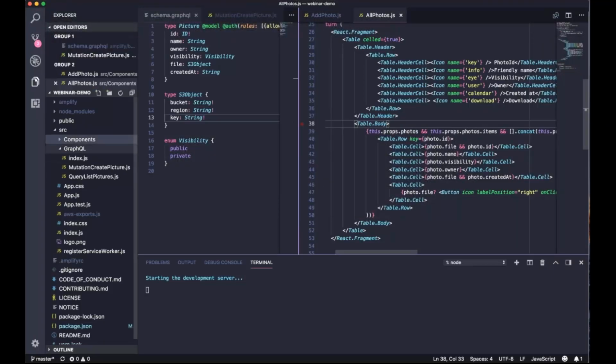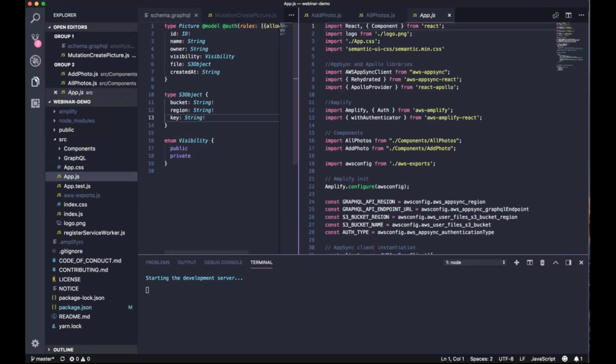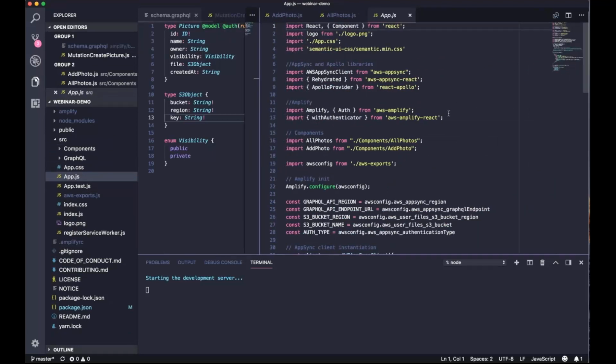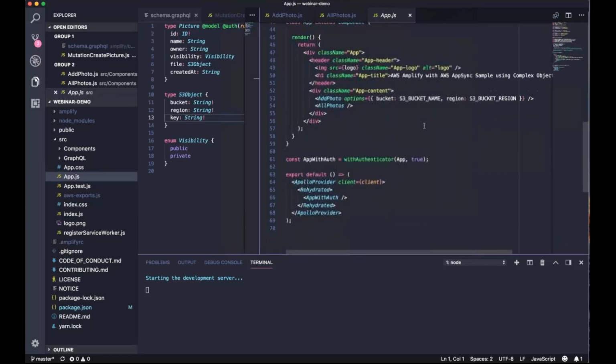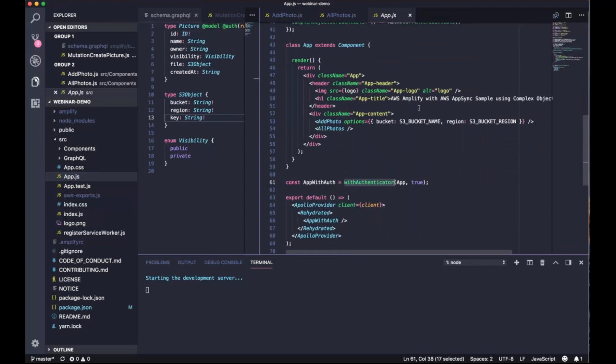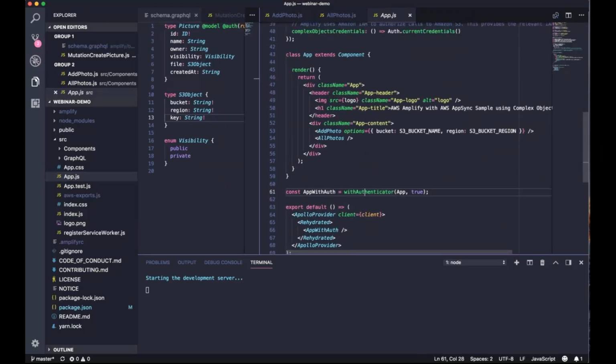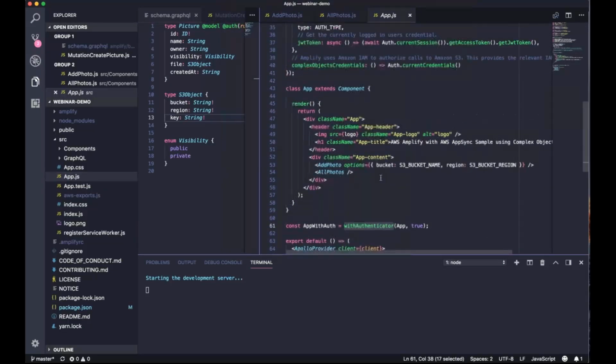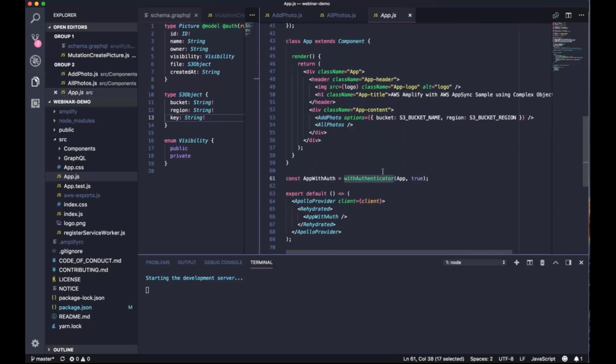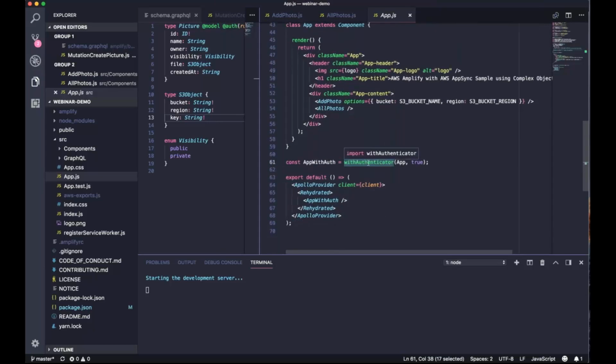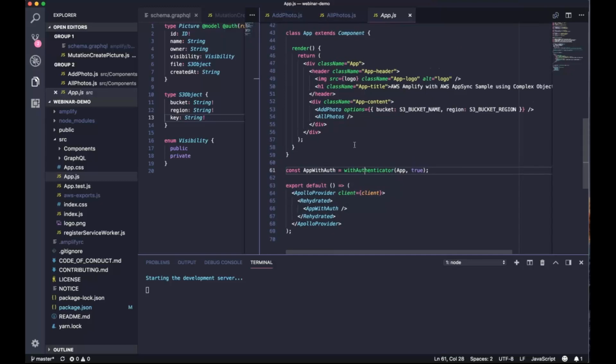One last thing to show before we dive into the browser is to just make note of this with authenticator component. This is a really neat thing that comes out of the Amplify library that gives us a UI component to automatically implement authorization with user sign up and user sign in using Cognito user pools. So as this comes online,